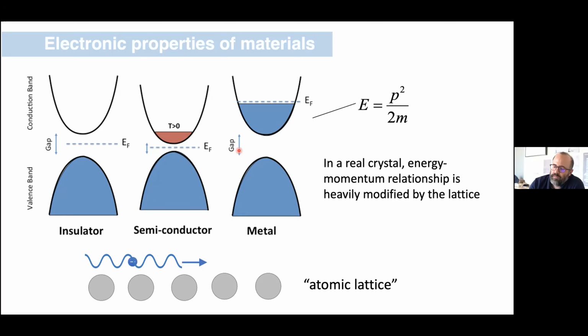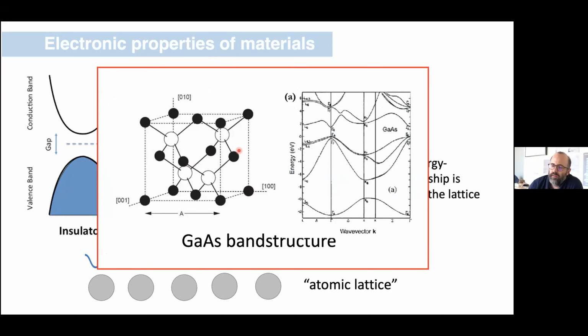To give a very simple example of that, graphene is almost as simple as you can get, but a more traditional material might be something like silicon or gallium arsenide, standard semiconductors. Here I'm showing gallium arsenide. On the left is the gallium arsenide lattice picture, crystal structure, sorry. And on the right is the band structure that you calculate if you consider this fairly simple crystal structure. You can see that the band structure is extremely complicated. There are many features to it. And depending on where you are in this band structure, you might imagine there are a wide variety of behaviors.